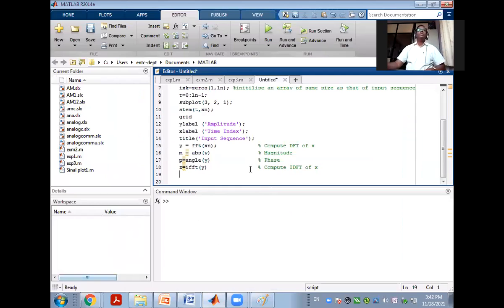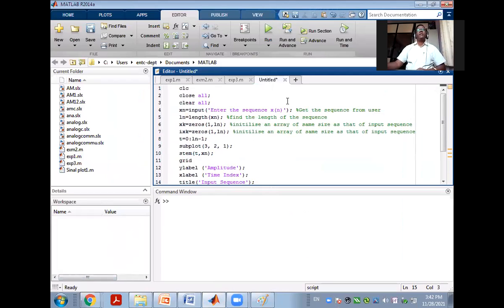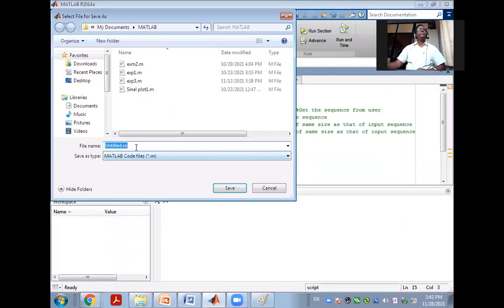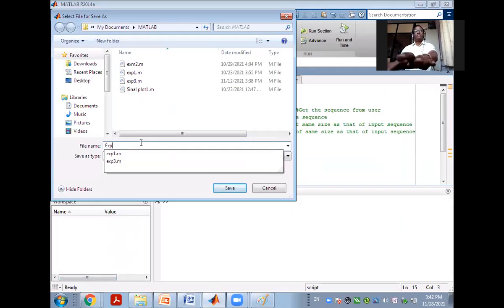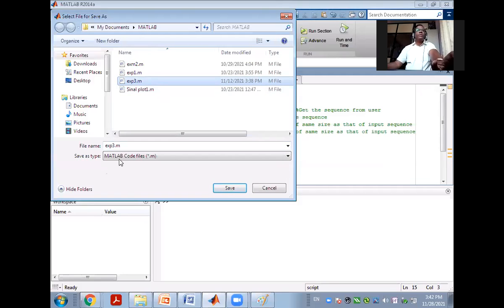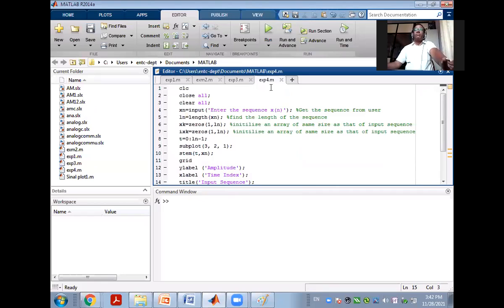Okay. So now let's save this part. इसको हम सेव करेंगे अभी. This is our experiment number 4, na? 4 or 3? 4. 4 it is. और यहाँ पे experiment number 4 DFT बोल के नहीं लिख सकते हम, because the DFT is an inbuilt function of MATLAB again. Okay, so now let me run it.